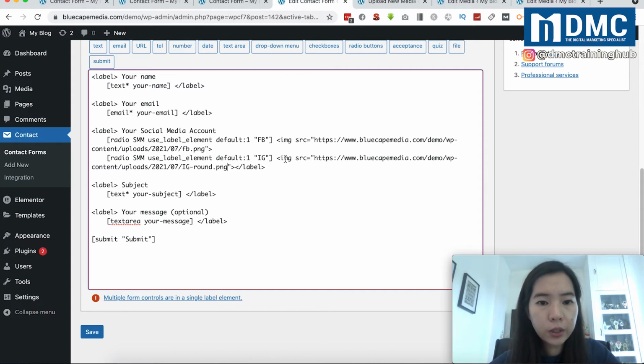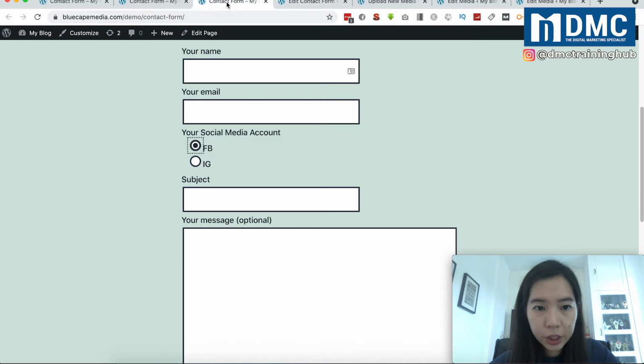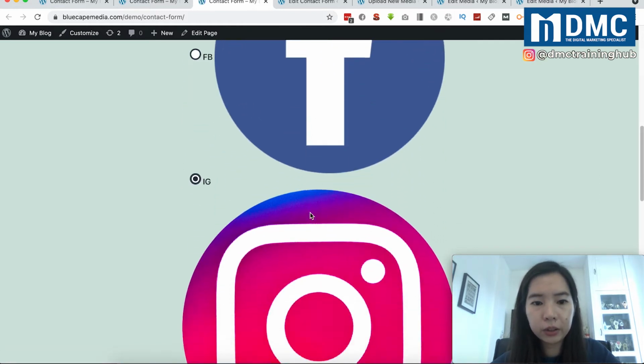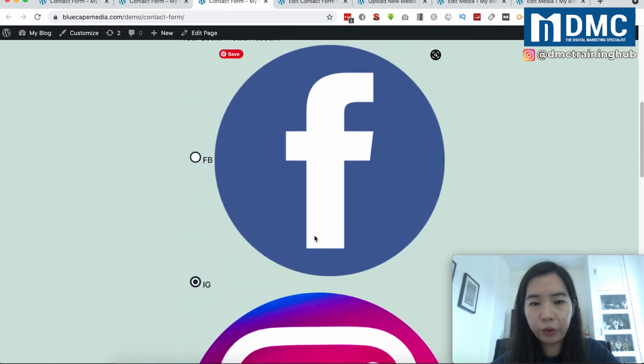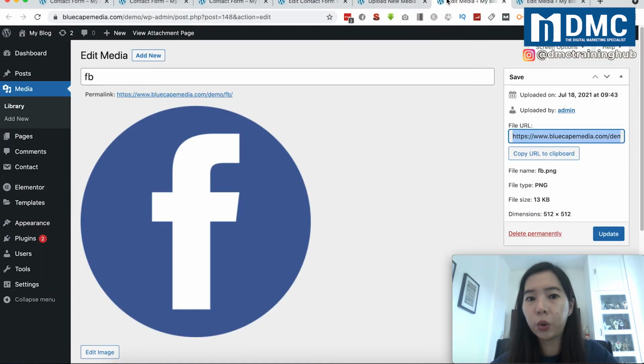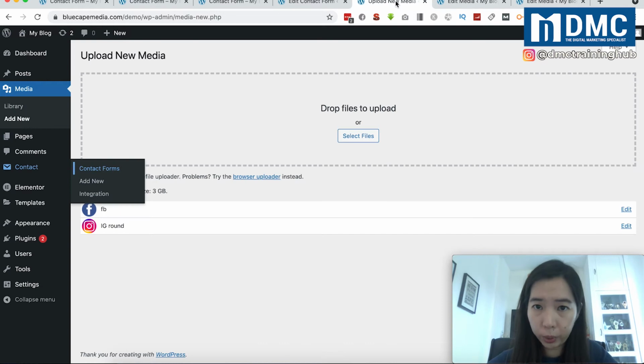Once you've done that, you can just go ahead, save changes, and double check the information right here. I'm going to refresh my page, and you can see that the icon is showing up over right here. Now, currently the icon is super huge. Either you resize your image before you upload to WordPress, or else, in my case, if I'm a little bit lazy and I don't resize my icon,